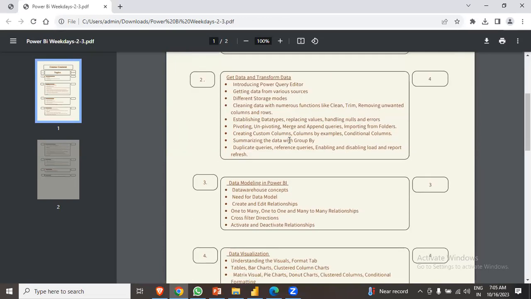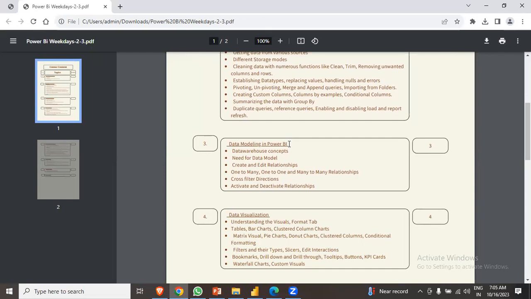Once we are done with getting the data into Power BI, and also done with cleaning it and transforming it according to our need, we'll be moving to the next part, that is, how to do data modeling within Power BI. We will also deal with data warehouse concepts before actually doing the data modeling, because we ought to know some of the basics of data warehousing on which data modeling actually works. So once we are done with the data warehouse concepts,